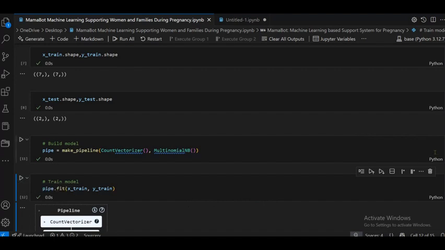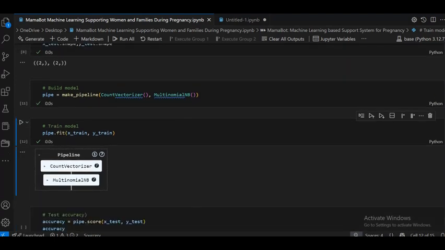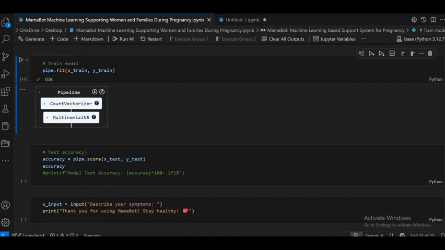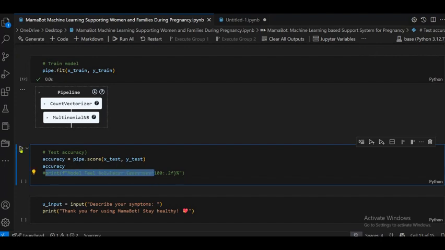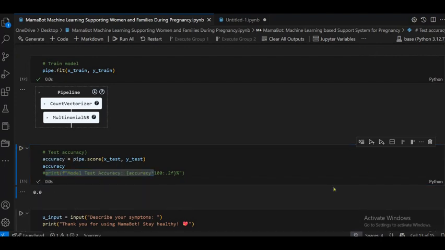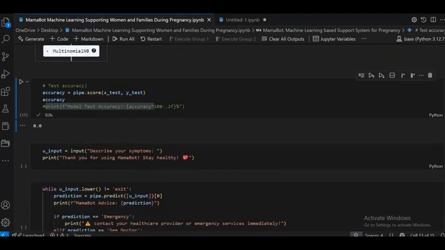So it shows the CountVectorizer and MultinomialNB. Now check the accuracy. So accuracy is the variable name where we pass pipe.score with x_test and y_test and print the accuracy. You can also use this one. So it gives 0.0.